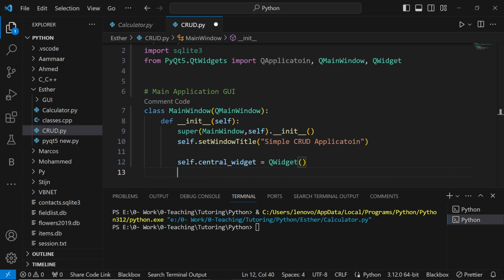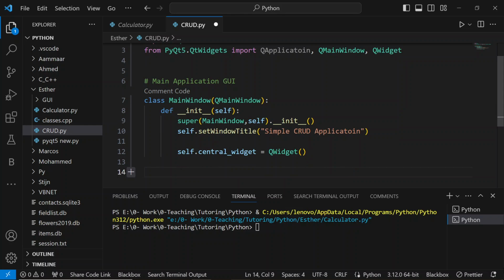Okay, so I have initialized a QWidget. After that, now I have to call self dot set central widget, self dot central widget. Yes, this suggestion is fine. I have to set this widget. I have to add this widget into my window. Then,